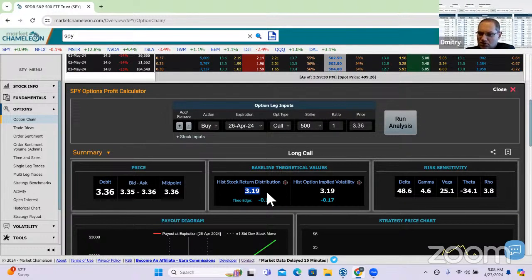So with the theoretical values, what we're doing is, one of the analyses is to say, okay, here's this option. And this is the market price. So we see the market price here, 336. Right. So think about it as, you go out there and try to buy investment real estate property. Well, the market price, there's people offering it for sale. But